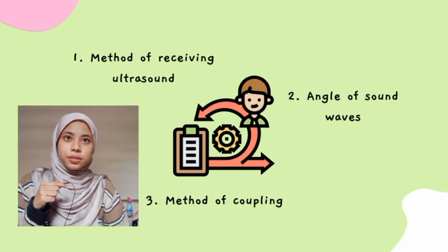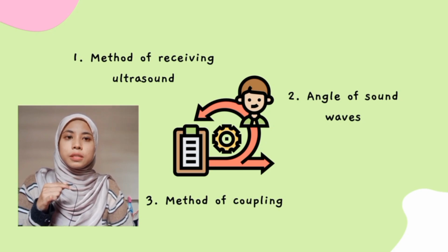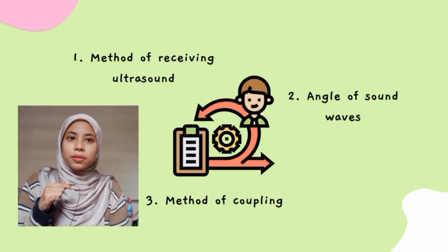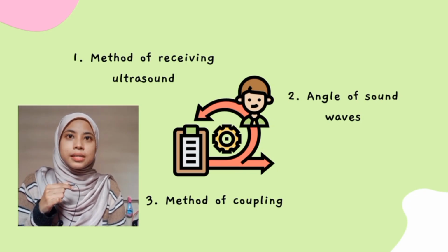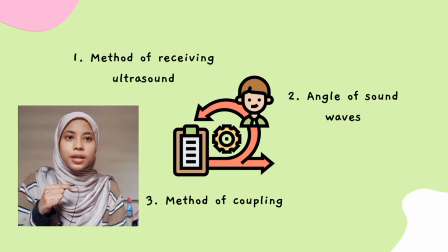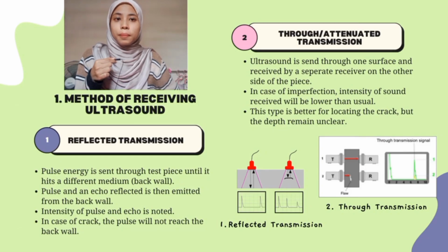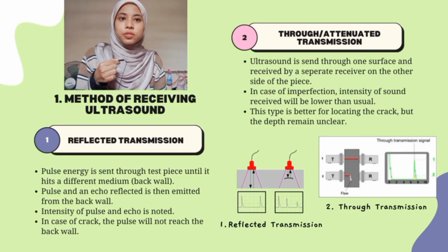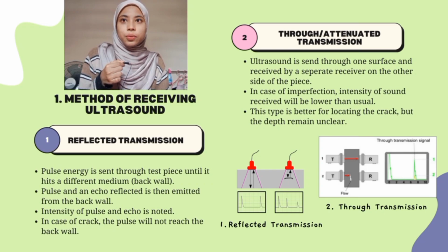Usually, once the pulse receiver is connected to the transducer and a diagnostic device, the process of inspection begins. There are multiple methods to carry out the ultrasonic testing, and these methods can be classified into three main categories, which are the methods of receiving ultrasound, angle of sound waves, and method of coupling. There are two methods of receiving ultrasound, which are, first, reflected transmission, and second, through or attenuated